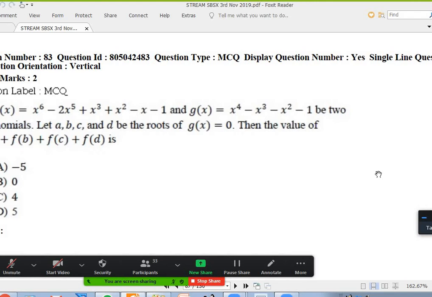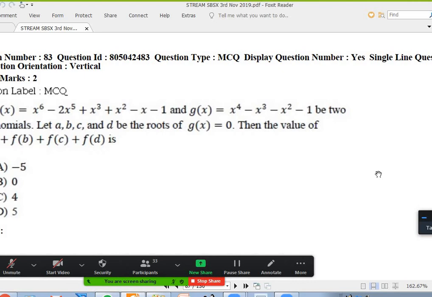Basically, they gave a 6th degree equation. And no, it's the other way. Sorry. A, B, C, D are roots of a 4th degree equation. Normally, they'll ask the sum of the roots and the sum of products of two things, but here they want them kept in some other function, which is 6th degree. But actually, the 6th degree can be brought down to some lower level. Let us see why.